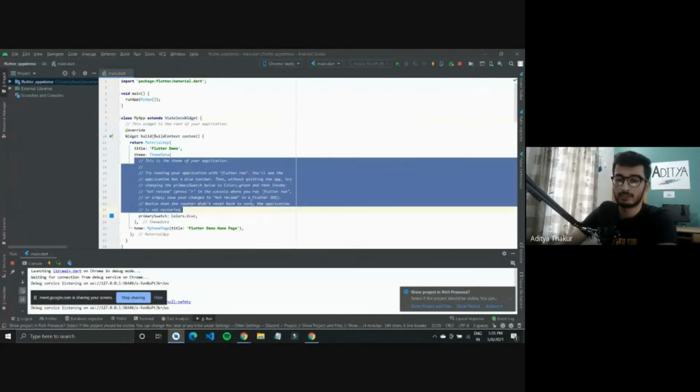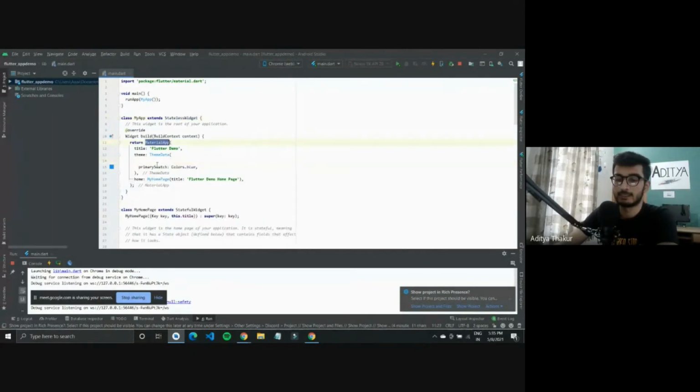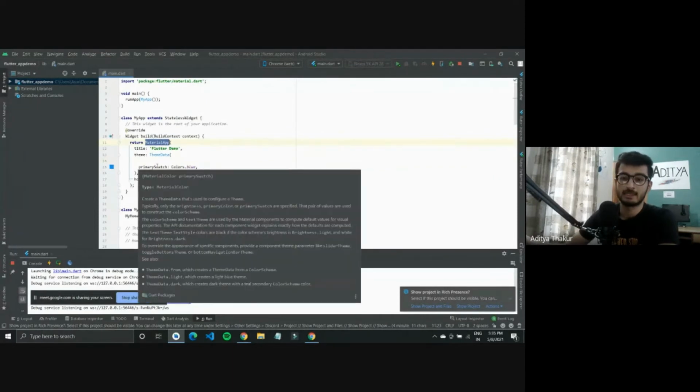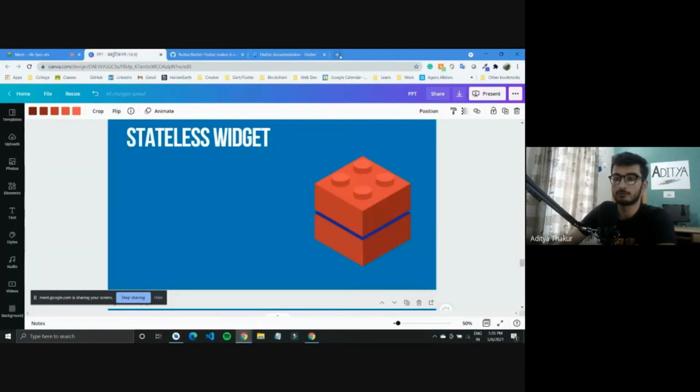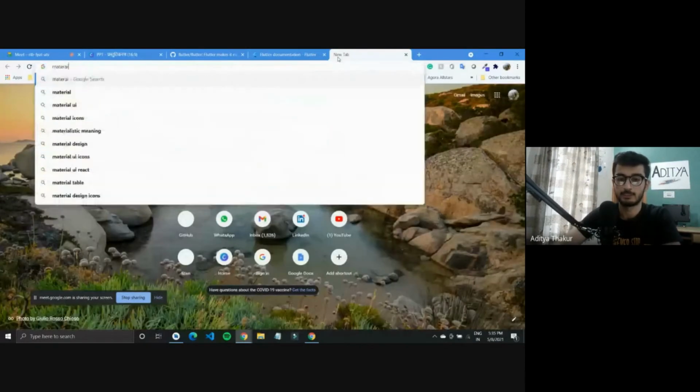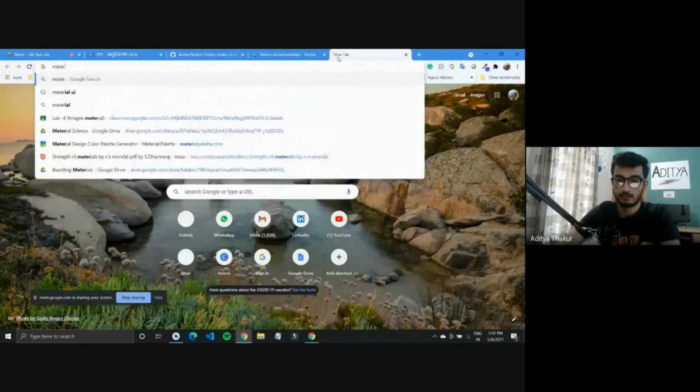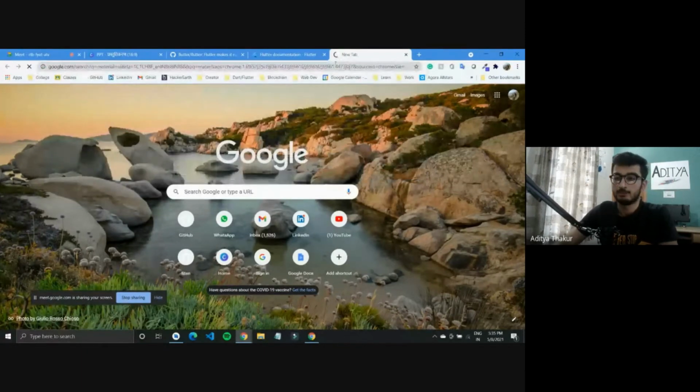It has some code and comments in it. It returns a MaterialApp. Material, as I mentioned, is a UI library. This is for Android. It has all the features to create applications, like material components. You can search for Material UI on Google and you will get everything in it.